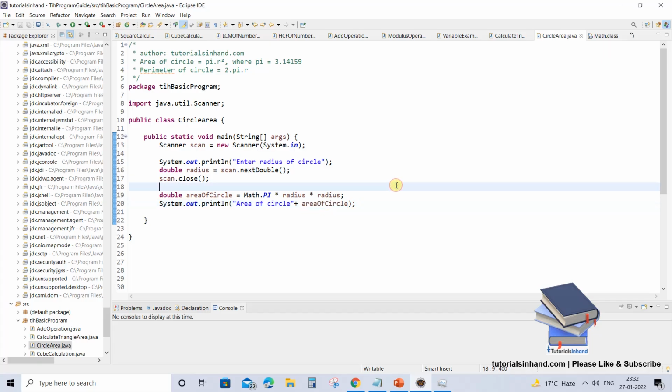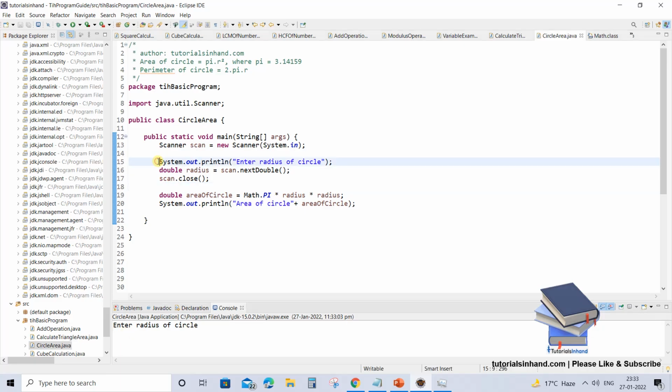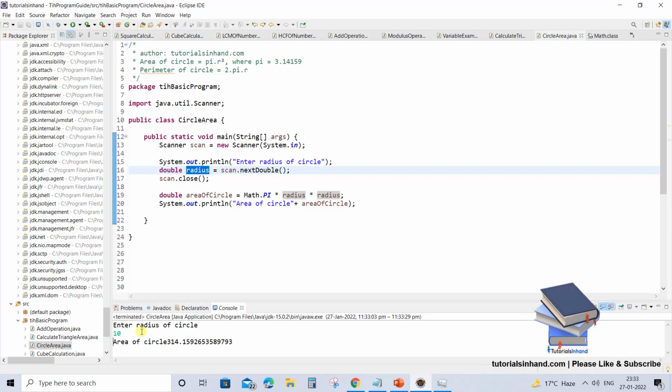Now we are ready with our area program. Just execute it, and it will ask you for the radius of a circle to be entered. This is the statement where it is waiting. It has printed this one, and now it is waiting for the user to enter the input which it can store in the radius variable. So let's enter 10 as the radius of a circle, and then once you press enter, it will calculate the area of a circle and print it over here. So this is where area of a circle has been printed.